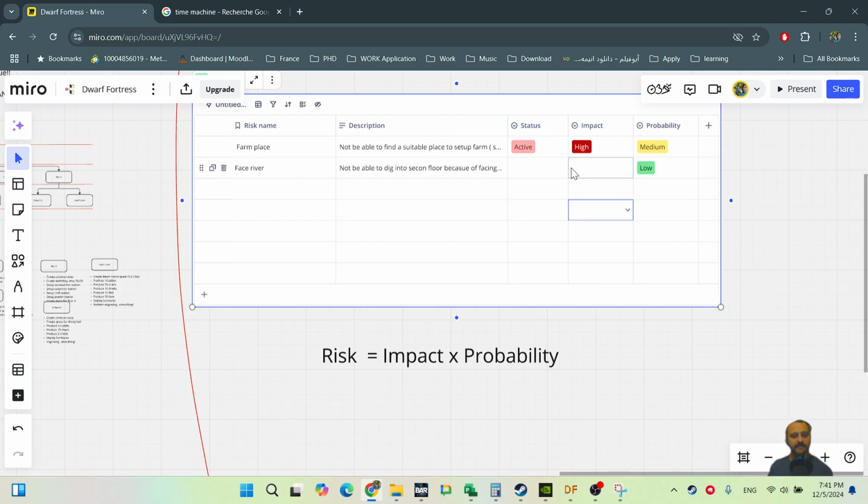You are gathering this information from your people, your team, or maybe you have a consultant, you have access to some people with much more experience, and they may say no, it's very low, it's medium. Anyway, you have this information, and based on that you say low, and the impact here is not high, it's medium. Because if you cannot, let's say